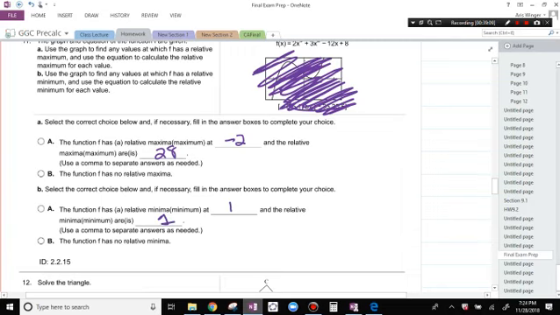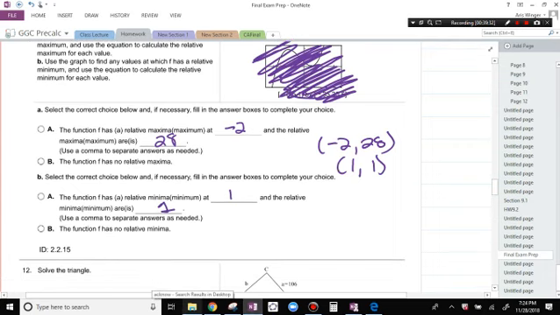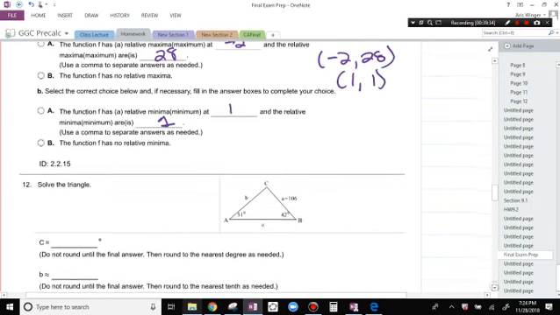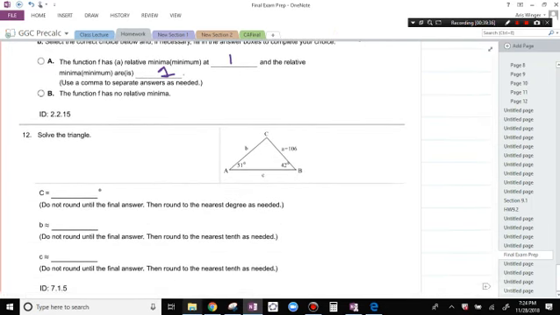Say it again? Is that how it's going to ask it too? Oh no, they're just going to ask for the maximum and minimum value points, and you would put in -2, 28, and 1, 1. Okay. Yeah. Thank you. So that's just flat out looking at the graph. And then this is my own personal